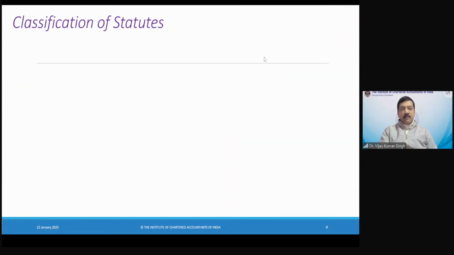We also discussed classification of statutes. There are different types of statutes, as I told you in my previous session, that though this is not part of your syllabus, it is important for you to understand the nature of the statute, because the nature of the statute will define the interpretation which you will apply to the provisions. Like, for example, penal statutes have very strict interpretation, and taxing statutes are also strict interpretation. Whereas when we talk about remedial statutes or welfare statutes, these have a bit of a liberal interpretation towards the subject for which the law has been brought.